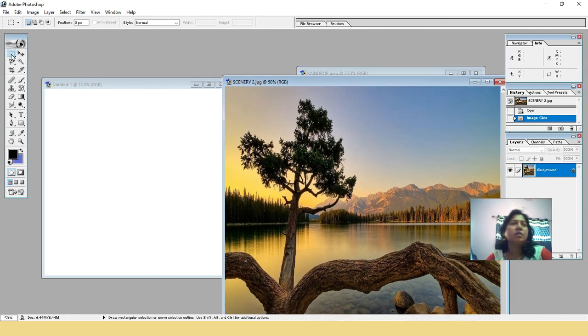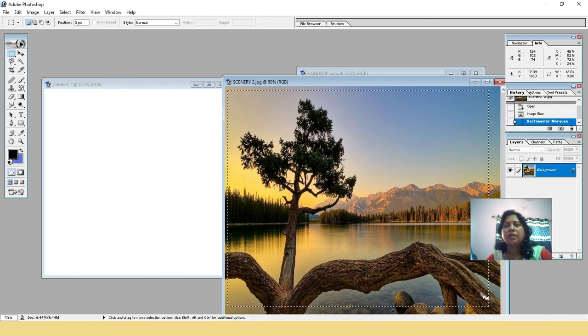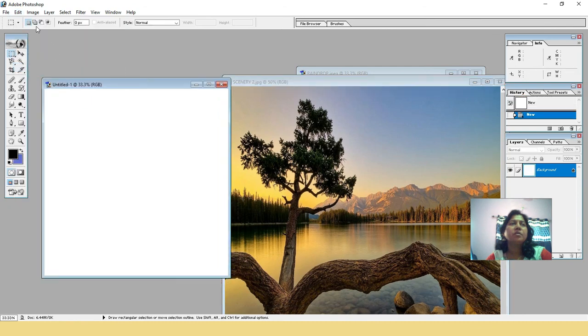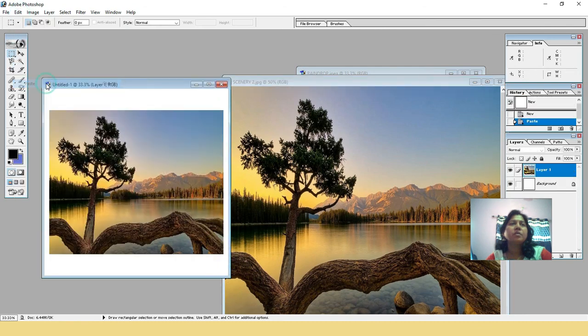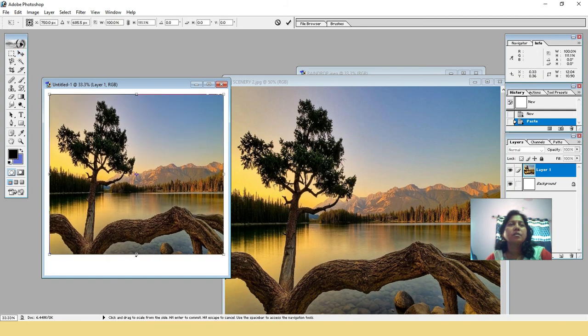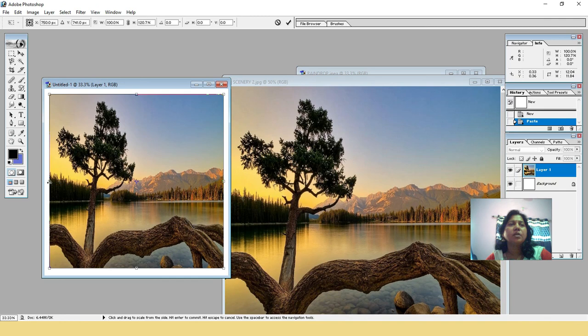Okay. So for selection of the area, you select, copy, you can increase the size also.